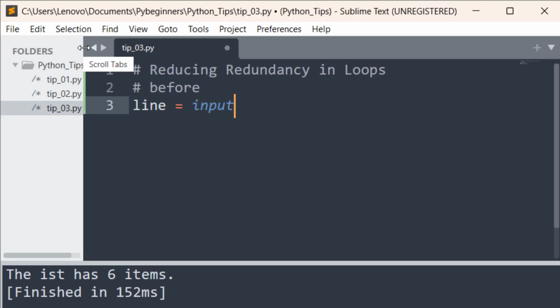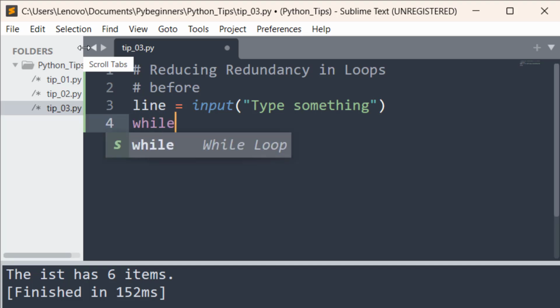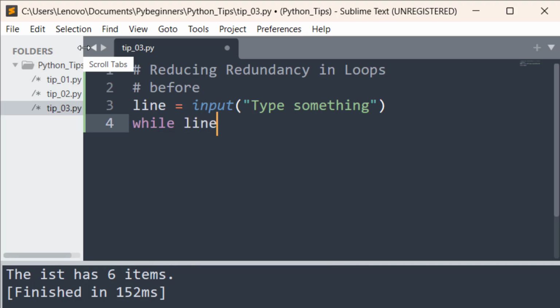Then we can open and close, and let's say type something. Okay. Then we will do something like this. While give space line equal different equal, and let's say something like exit. For example, if you want to exit the thing, exit dot, and we could do something like this, print open,